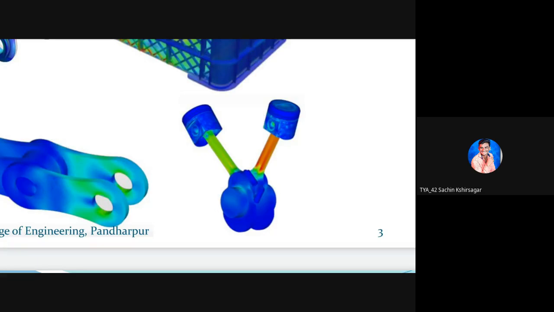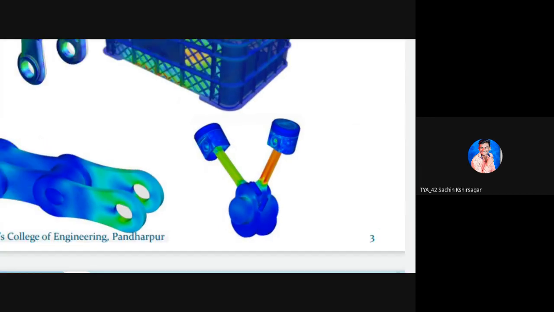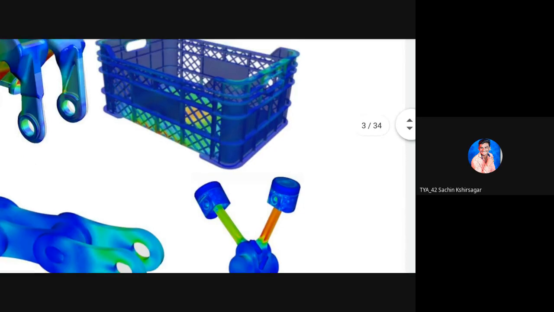The stress, whatever the design part, the load is also maximum on that arm. Which arm? Piston arm, or crank, we can say crank. The crankshaft is also not showing, but by using windowing and viewing transformation, we can also view it. We can also see the inner part in ANSYS software.